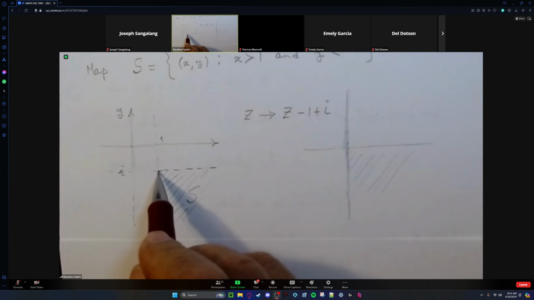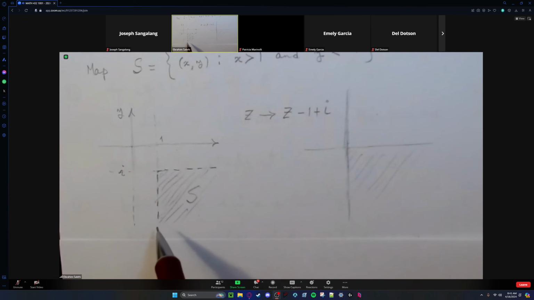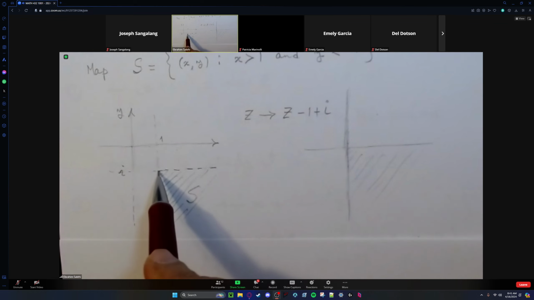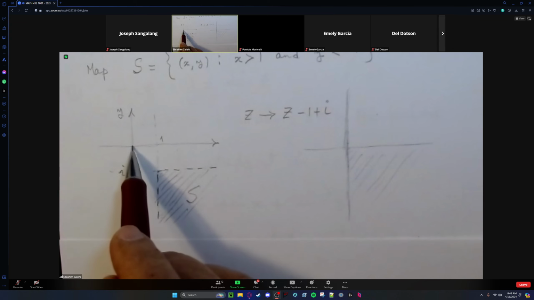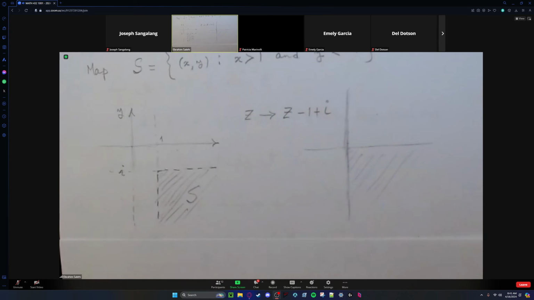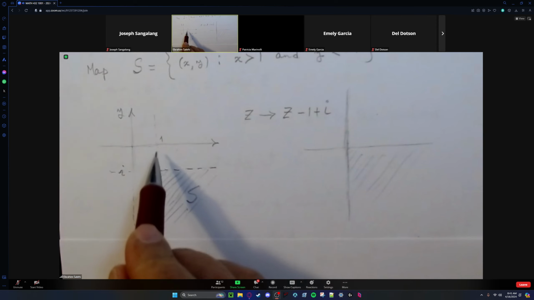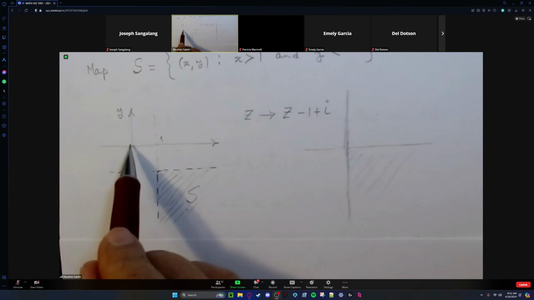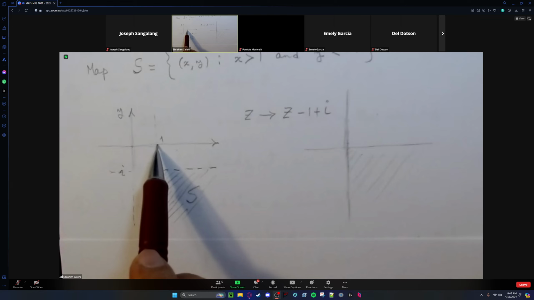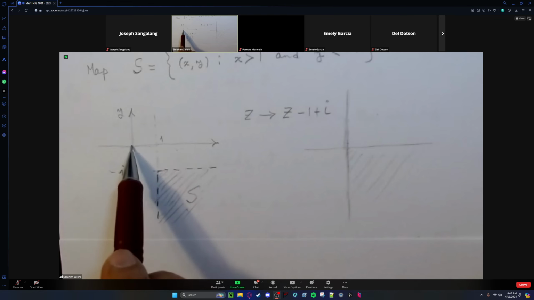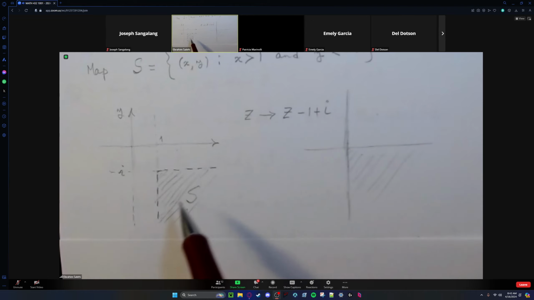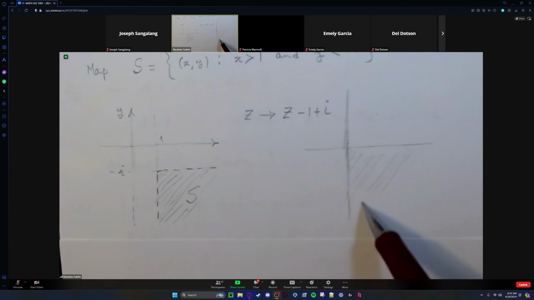The coordinate of this point is 1 minus i, right? We want to bring it here. Okay, here is negative i. To bring it up, you add i. Here is 1. To bring it here, you subtract 1 from x, the real part. So that's it. After this translation,